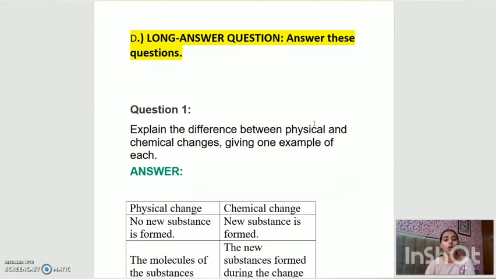Now we move further to the long answer questions. Students, I again and again repeat that whenever you are watching this video, please pause the video while writing your answers, right? I don't want any kind of mistakes, and I want everyone's work to be neat and clean, right? Please mind your writing. There are certain students whose writing is a little bit, I can't understand it. So please make sure that you are writing properly and you're writing the proper words, right?